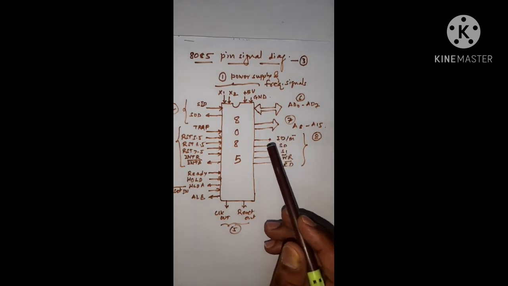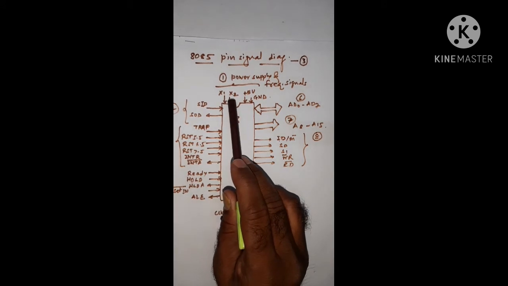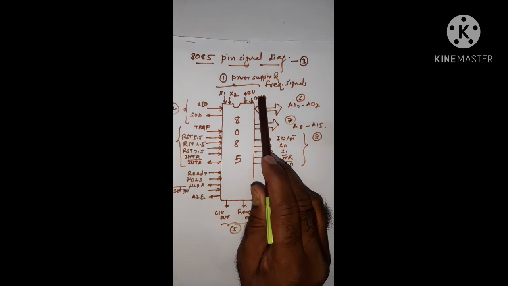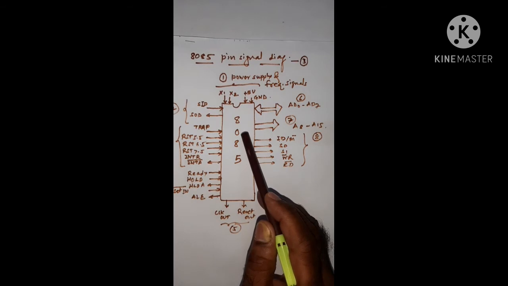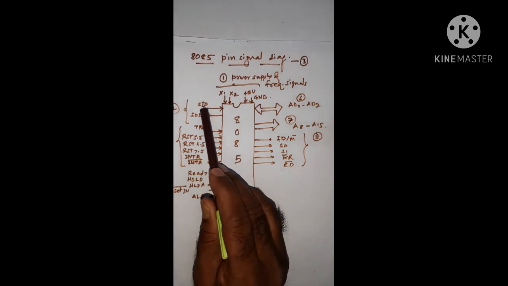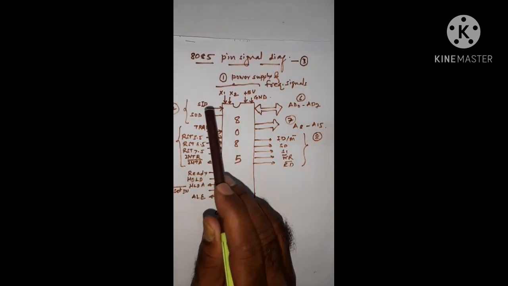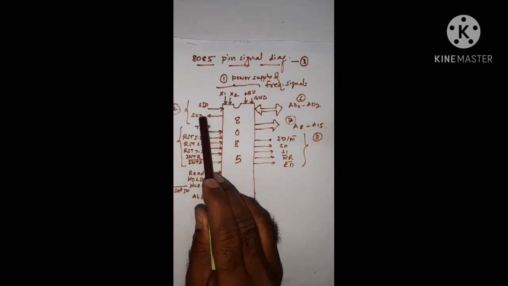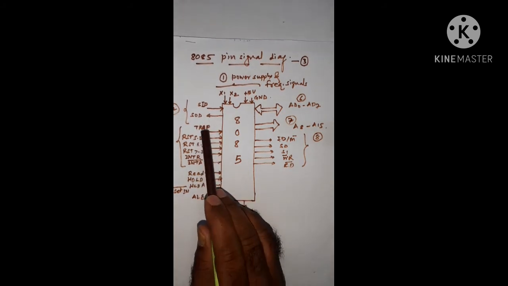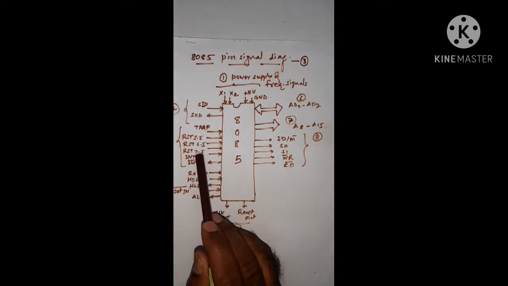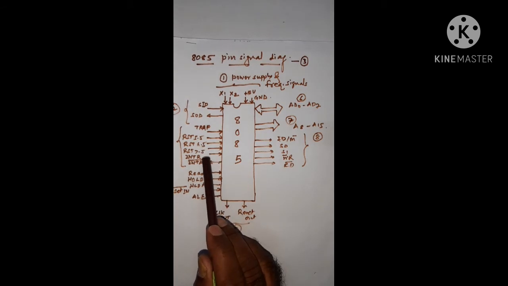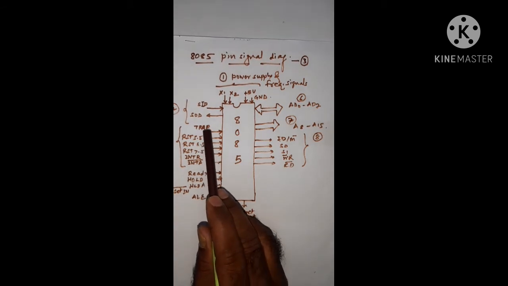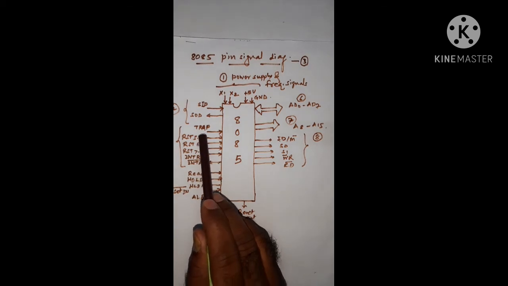Another question is to draw the diagram for 3 marks, or to mention the function of particular pins, 3 pins for 3 marks. From this, we already mentioned X1 X2 is to carry the frequency of near about 3 megahertz. Plus 5 volt and ground carry the regulated DC power supply to work the internal sections of 8085. SID, serial input data, is to receive bitwise data. Serial output data is to send out serial or bitwise data. TRAP, RST 7.5, 6.5, 5.5 and INTR.